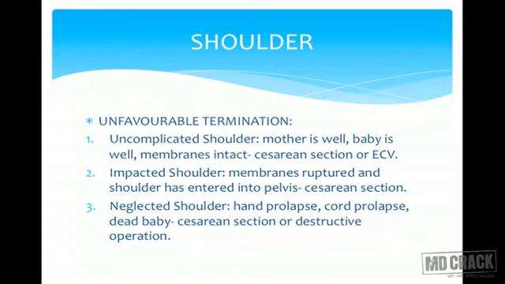Neglected shoulder or obstructed labor, where either the hand gets prolapsed along with cord prolapse or without cord prolapse. Most of the time if there is cord prolapse, baby is dead, shoulder is deep in the pelvis, hand is prolapsed outside, Bandl's ring formation, patient is in ketoacidosis, dehydrated, sepsis is along with this. This is a presentation called neglected shoulder or obstructed labor. In this case, even though the baby is dead, cesarean section is the ideal treatment which decreases maternal morbidity.